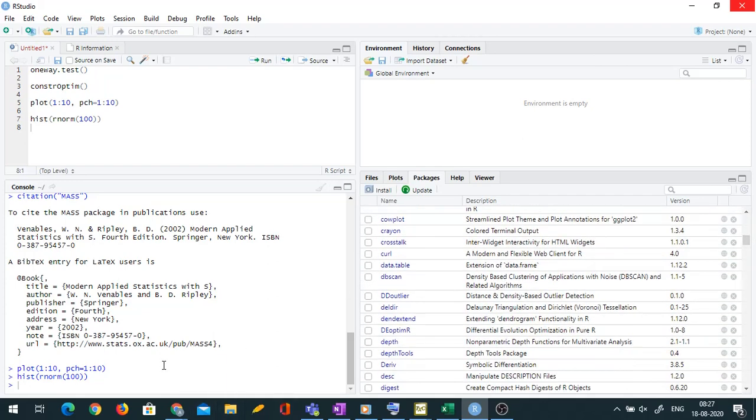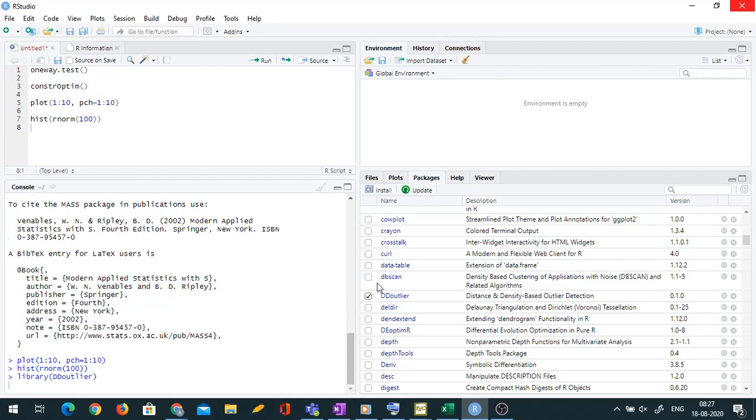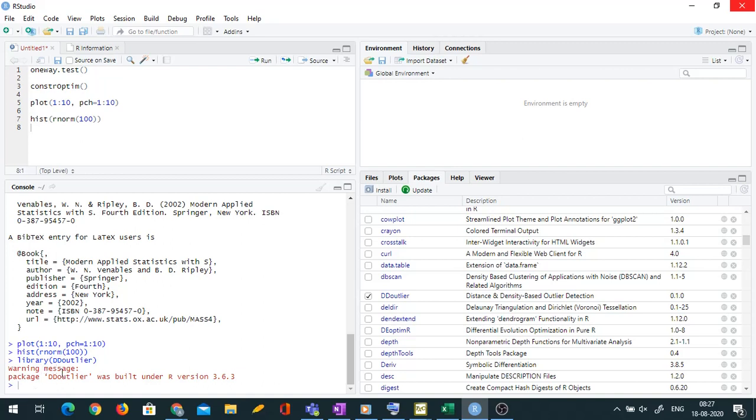If I want to load those packages, I can simply tick the package name here. The package gets loaded. Remember, there is a difference between loading and installing. Loading a package is when you already have the package in your system and you are just bringing it into the current console.